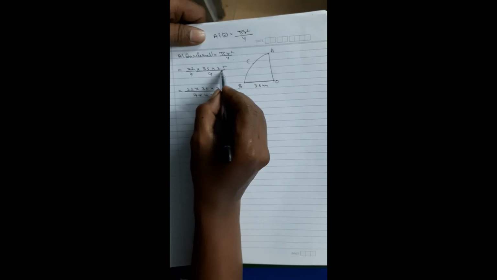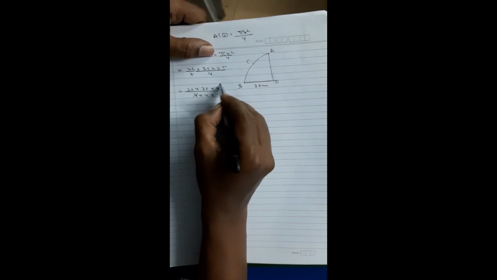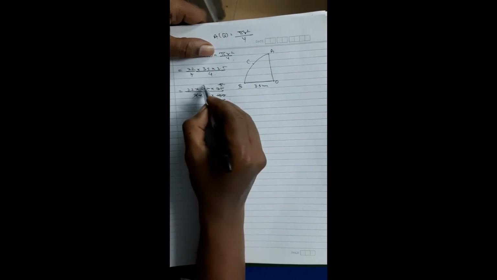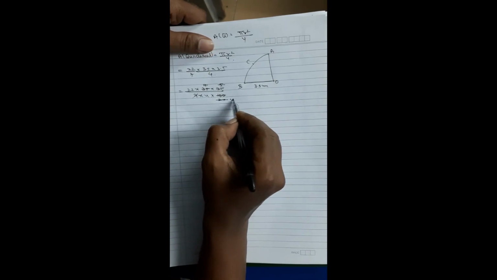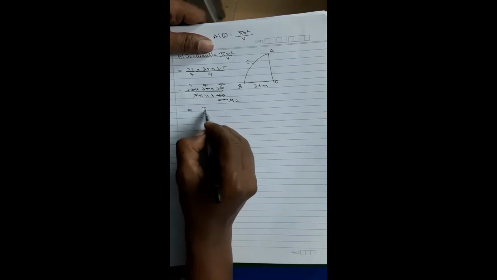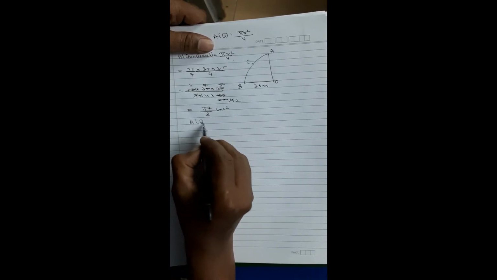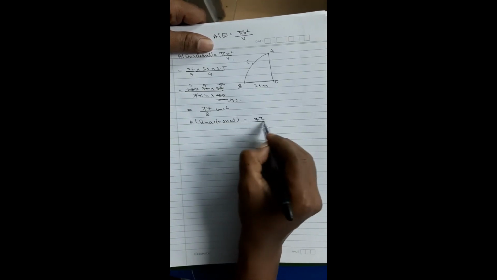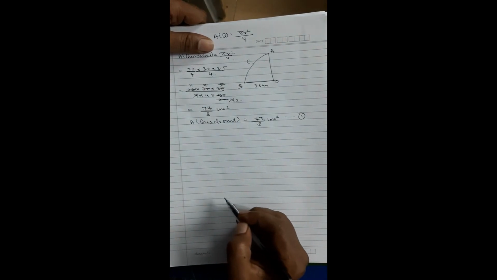1 decimal place over here, 1 decimal place over here, total 2 decimal places, 2 zeros in the denominator. 7 5s are 35, 2 0s are 0s. Fine. 5 7s are 35, 4s are. Fine. 2 2s are 2, 11s are. This will give you 77 upon 8 centimeter square. Therefore, area of quadrant is equal to 77 upon 8 centimeter square. That is first question we have finished.